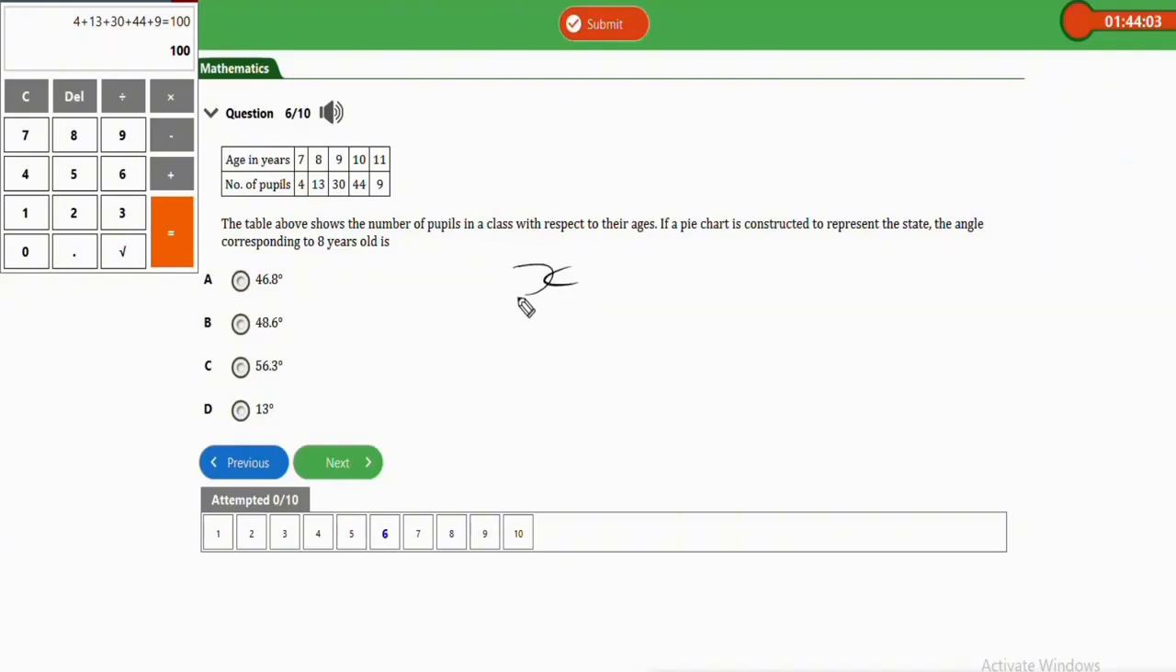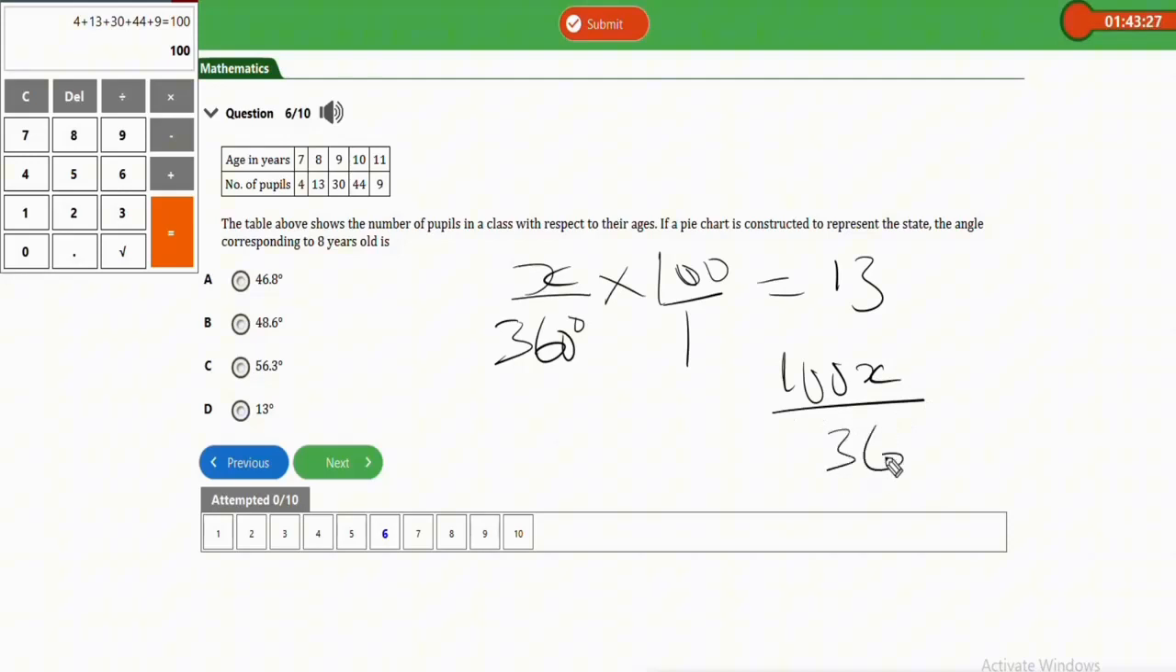So it will be x over 360 degrees times the total number of people. We have it to be 100 equals the number of pupils aged 8. At 8 years, we have the number of pupils to be 13. Okay, so this is something as 100x over 360 degrees equals what? 13. So when you cross multiply, you're going to have